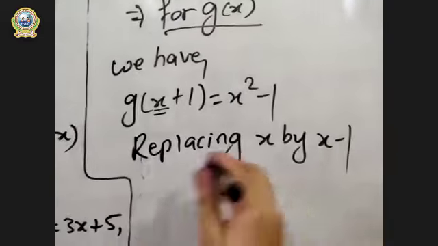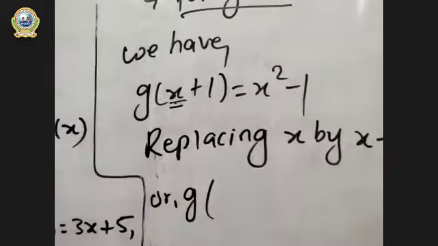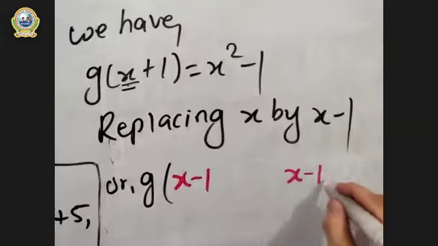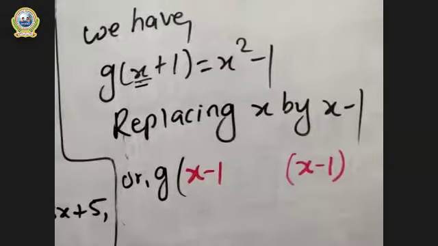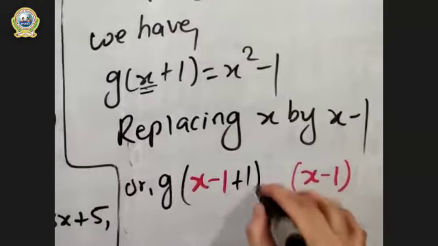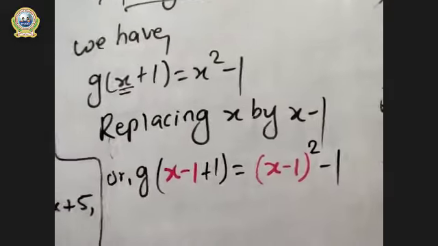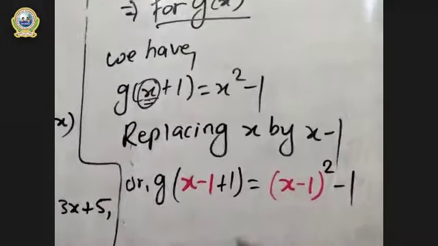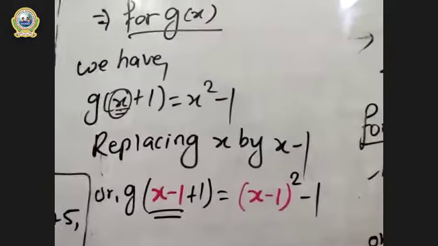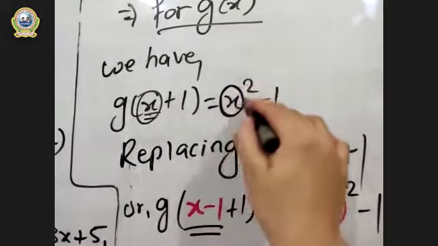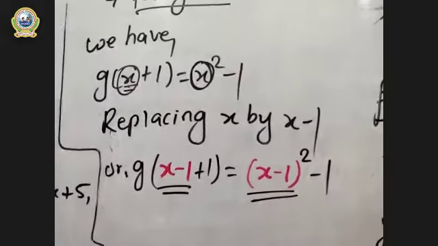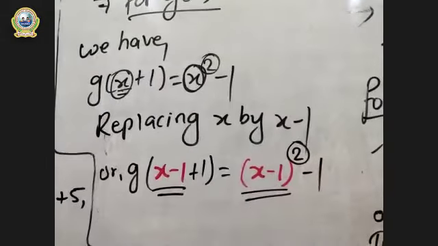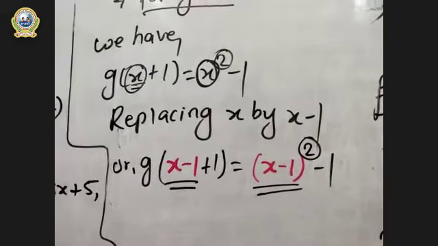Now you will get, or z, it will be now x minus 1, right? So let me do this a bit clearly, okay? This will be this format. Are you clear? Look at here again. I replaced this x by x minus 1 over here. And for that, I should even replace this x by x minus 1. And the whole square of this part is whole square over here. Are you clear? Be clear in this step.